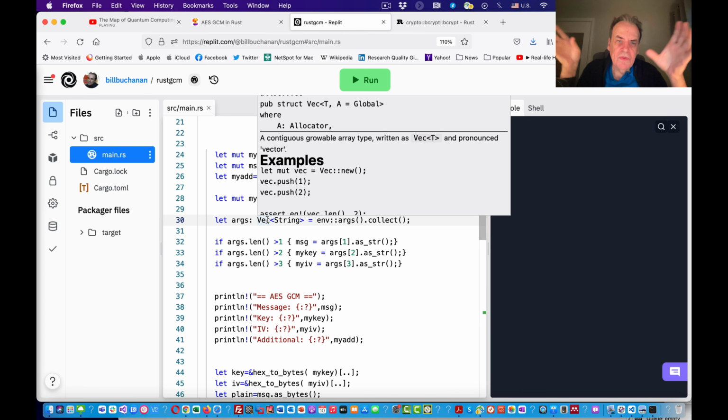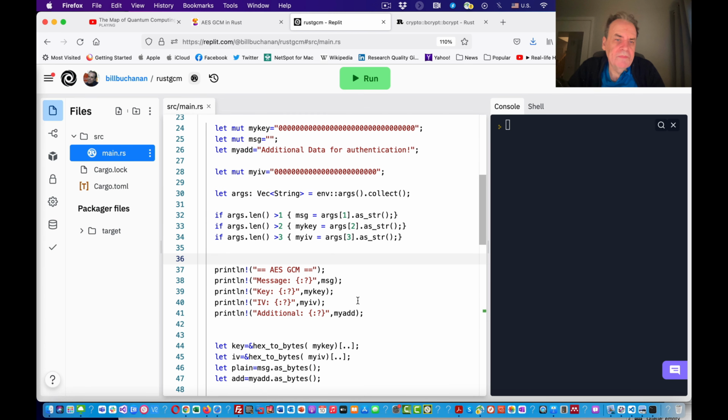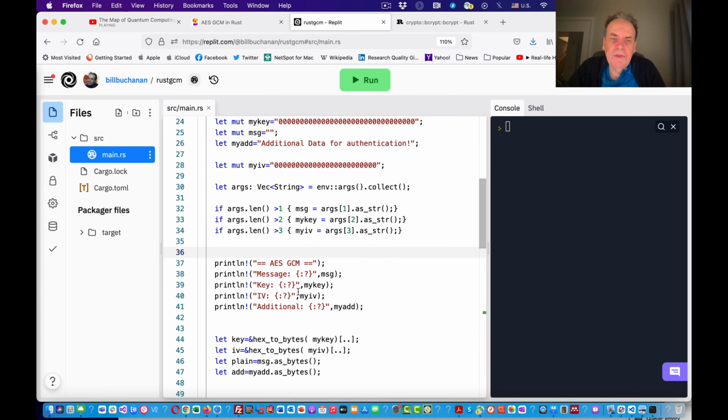Vectors are allowed to grow in size and are much better in their control. For print statements, we just use the print line like in C code, and when we have a variable that we want to display, we can put it between the braces. So this is going to show message in there.